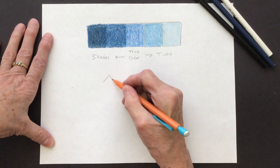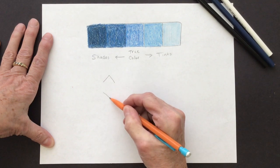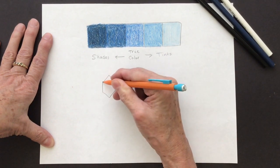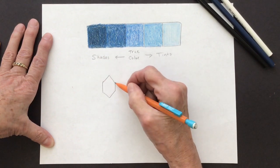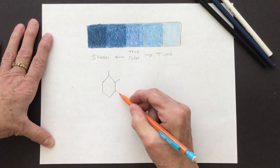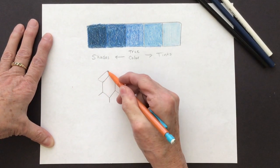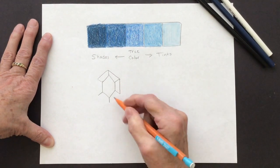I'm just going to make a tent. I'm going to leave a little space between it and I'm going to make the same shape upside down, and then I'm going to connect the two like arrowheads, I guess, the tent and the V. Then from each point where those lines connect, I'm going to make a small line that sticks out. Kind of looks like a spider web. Connect those points or those lines that you just made, and now you have